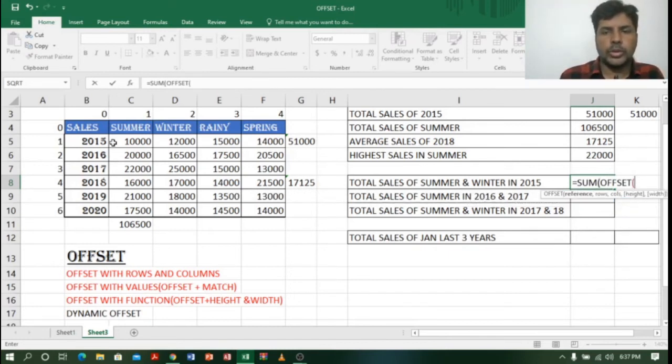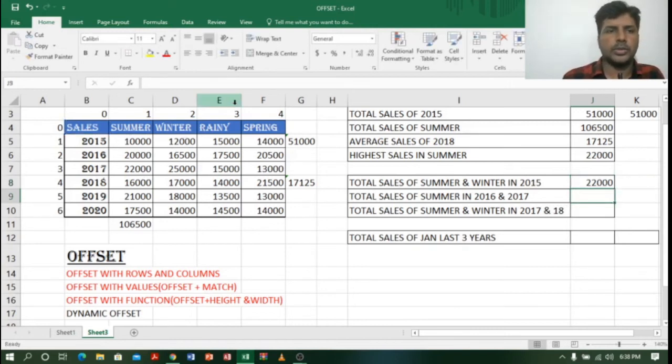So select the reference cell, comma, row is 1, comma, column is 1. Okay, comma, now I want to find summer, winter, right? So again, height is 1. We are not going for the 2016-17, right? So height is 1, but width is 2, because we are finding summer, winter, right? So let me close bracket, close main bracket, enter. You can see here 10,000 plus 12,000, it's 22,000.